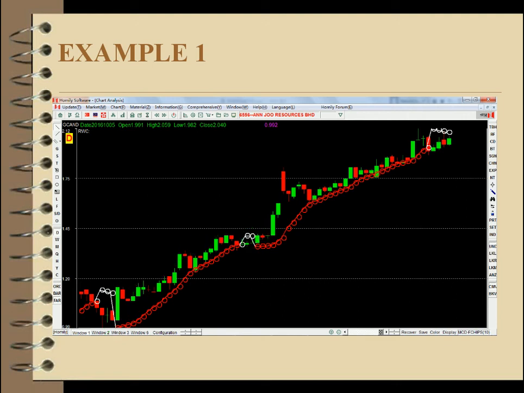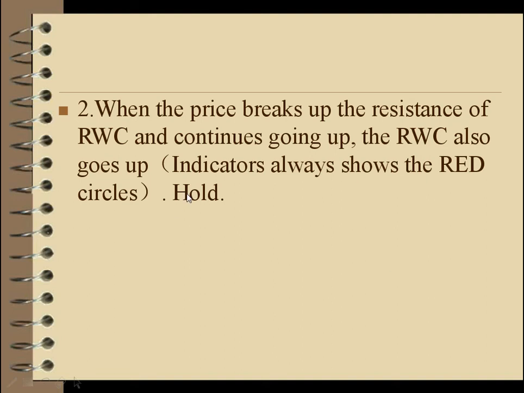And actually every time you can see it become what? Become first red, right? First red. So that means here is the buying point. Okay. The next, when the price breaks up the resistance of RWC and continues going up, the RWC also goes